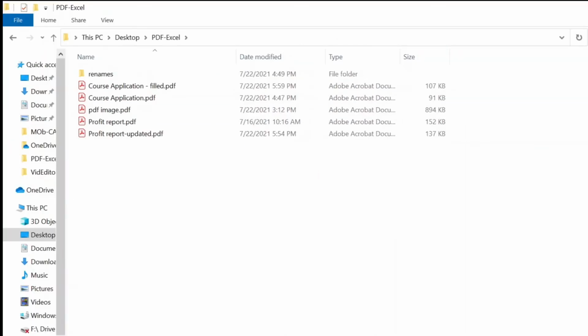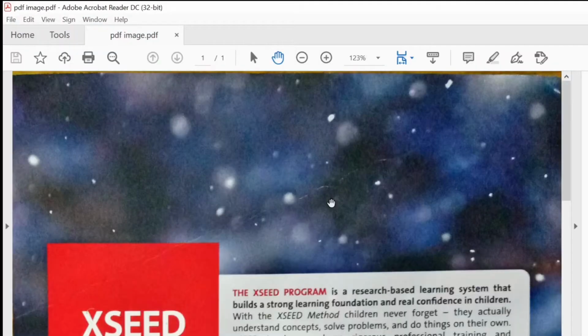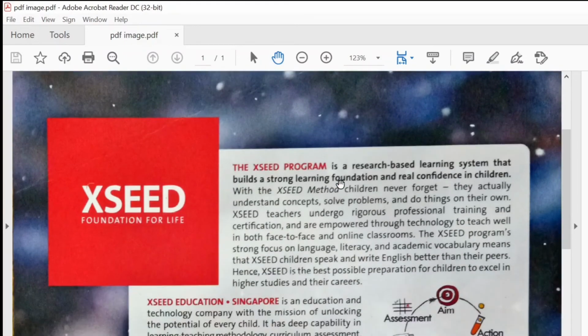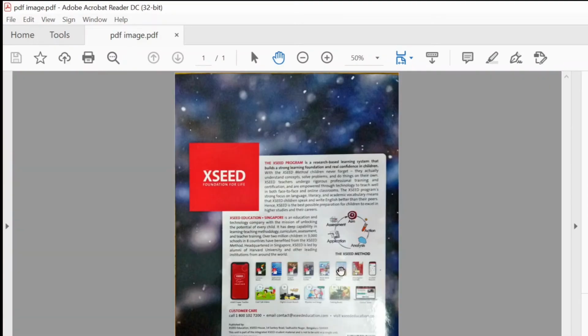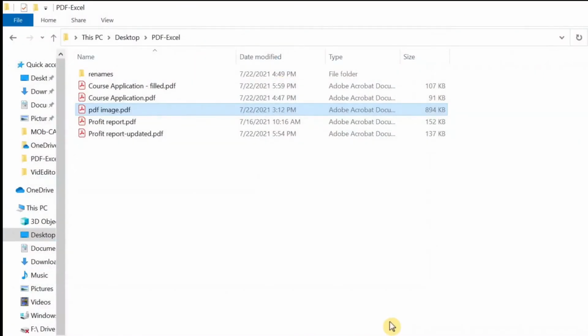And now we are into the real situation where we get a PDF as an image. See, this is an example. You could see it is scanned, the text and everything is there. It has lots of graphics, and while we are trying to export it to Word, it might take more time and the output might not be good.